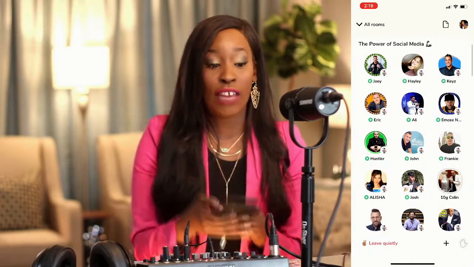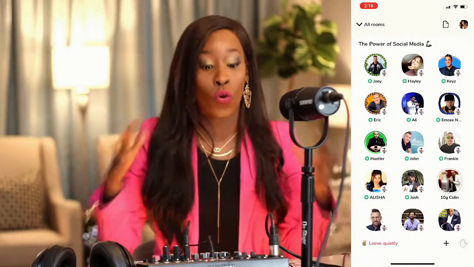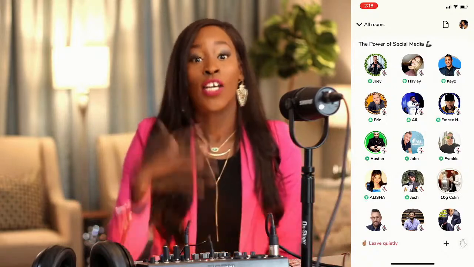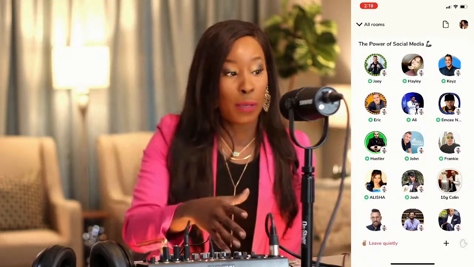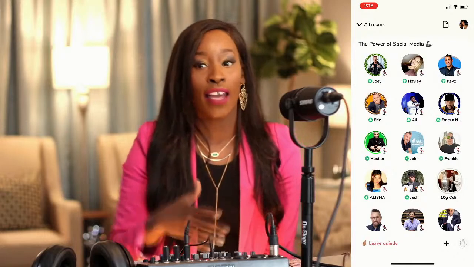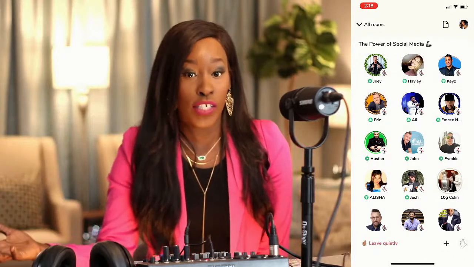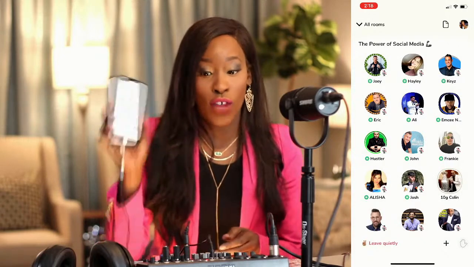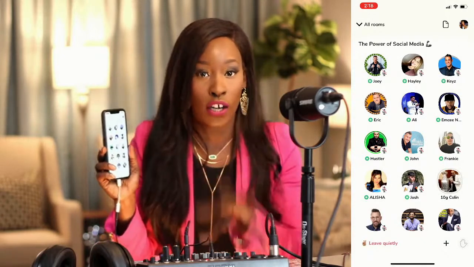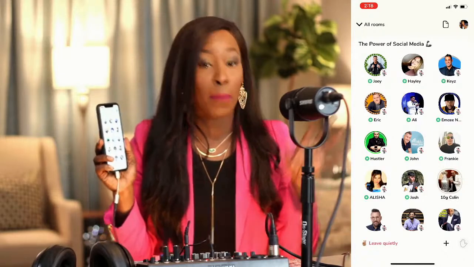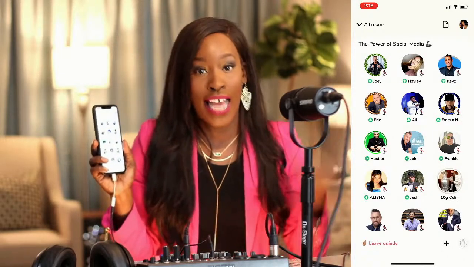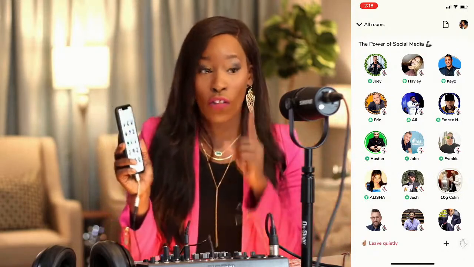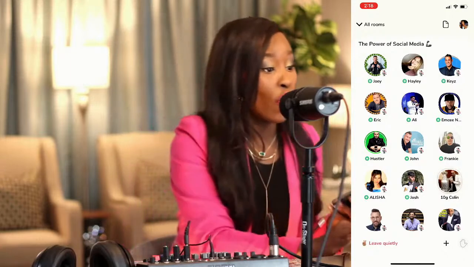But just to give you guys kind of like a heads up, if this was your room and you had all these speakers on here and you wanted to record this, so you're having a conversation and you have these people inside of the room and you want them to contribute to the conversation, you can definitely do that by connecting your phone to your audio interface or directly to your computer using an external Livestream encoder. And we'll talk about how that works in just a moment. But so far, guys,